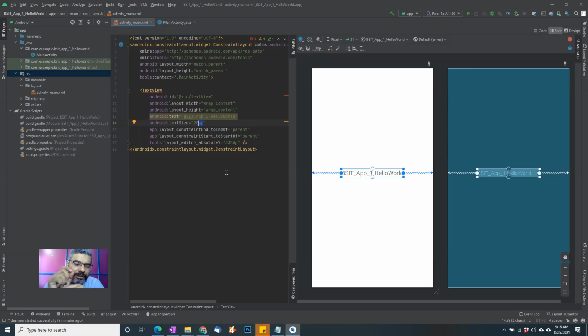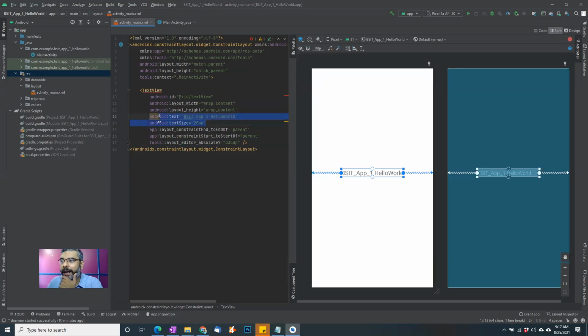In Android we use different terminology because in Android the pixel size is not important. The screen size matters. And every other device is a different screen size. So they have used a unique unit called SP, which is scale independent, which basically means that it doesn't matter what your screen size is, it will automatically adjust to that particular percentage ratio of your screen. Okay. So if I use, for example, 20, it becomes like a 20 size, but this is scale independent. Okay. Or in other words, screen independent.